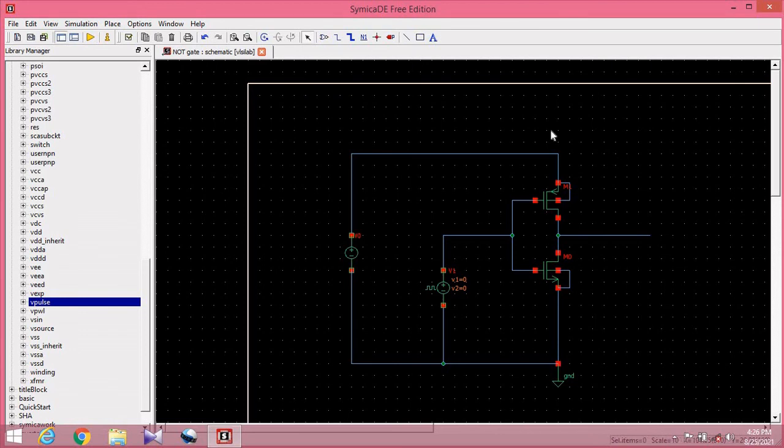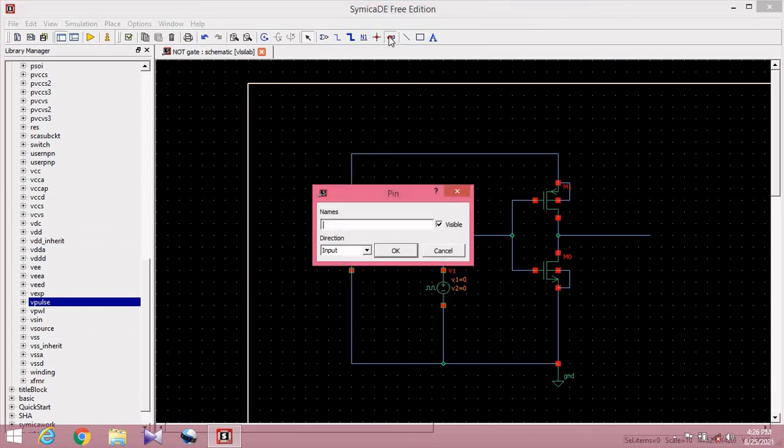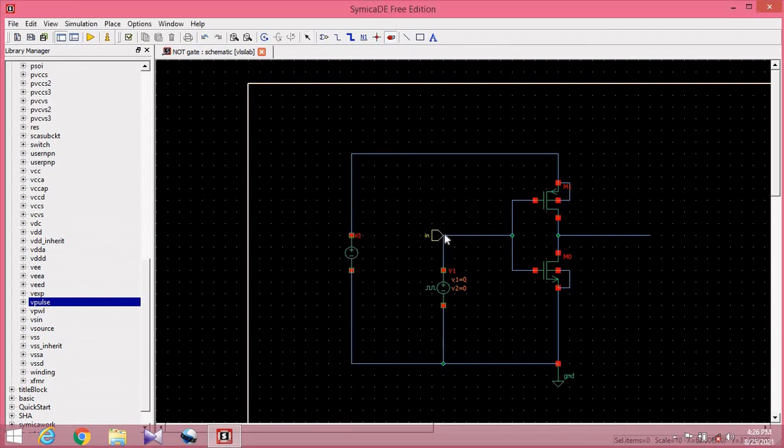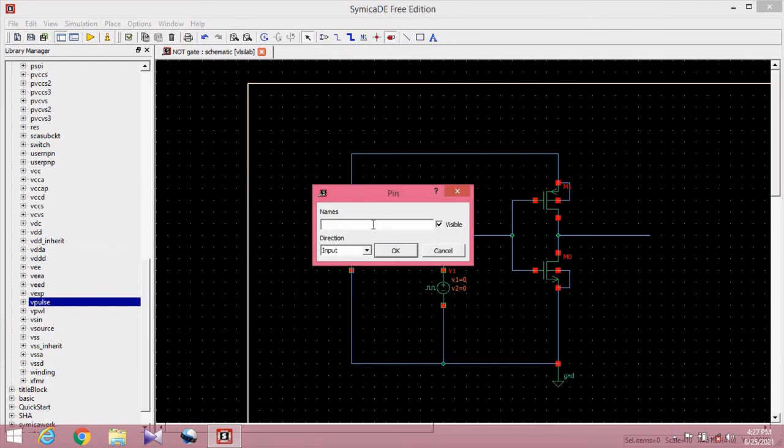Now we have to connect the input and output pins. For that we will select the pin icon here, in for the input pin. Again we will connect the output pin.